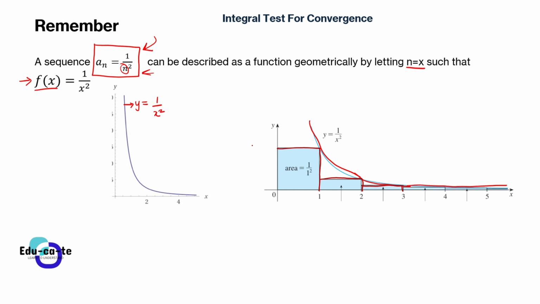So basically the area of the first rectangle, according to this function, will be given by 1 over 1 squared, because when you multiply dx, which is the width of this rectangle, with f of x, which is the height of the rectangle, you get 1 over 1 squared according to this pattern's function. The next one will be 1 over 2 squared. The next one will be 1 over 3 squared. The next one will be 1 over 4 squared.